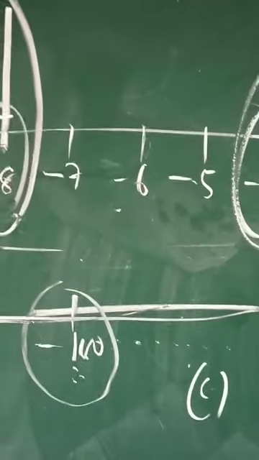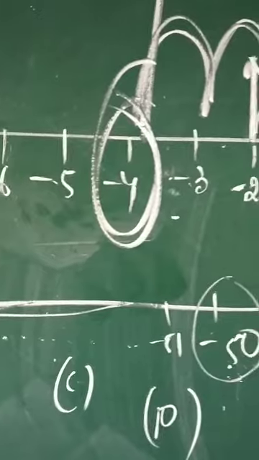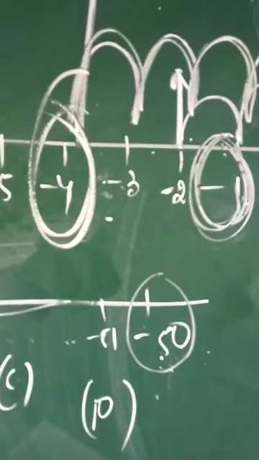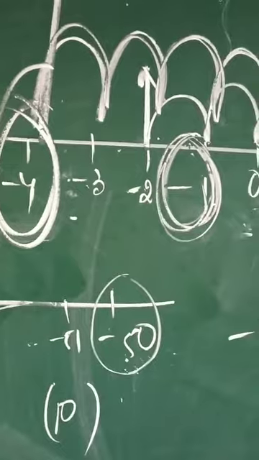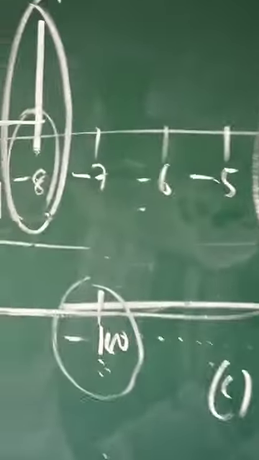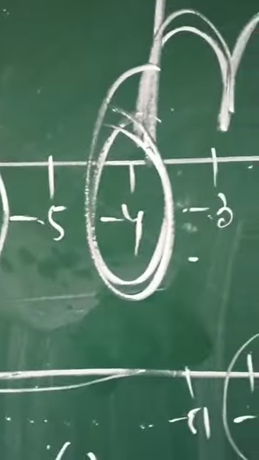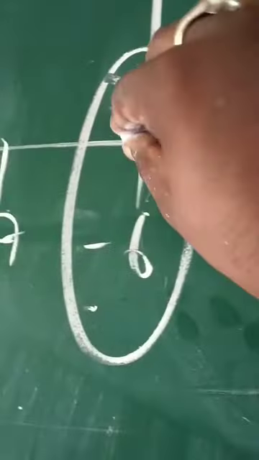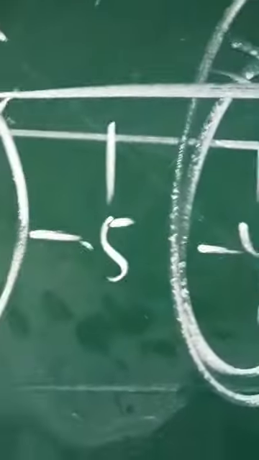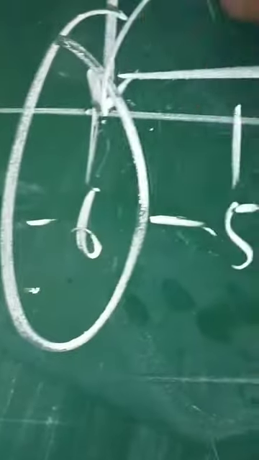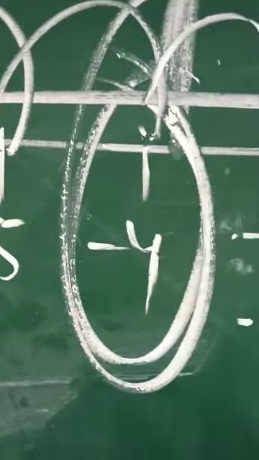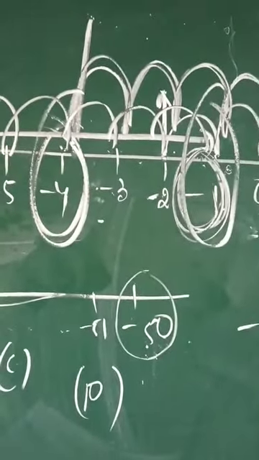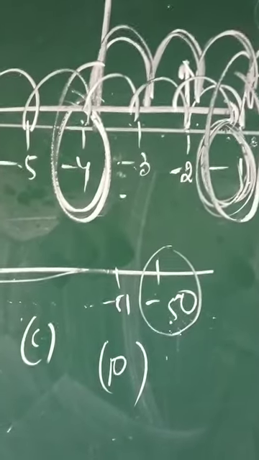The next one is, if we are at minus 6 on the number line, in which direction should we move to reach minus 1? So children, I'll be standing on minus 6 and I have to reach minus 1. Which direction should I make my moves? My move should be towards the left hand side. Sorry, slip of tongue, right hand side. 1, 2, 3, 4, 5. I'm standing on minus 1. So I'll be moving towards the right hand side in order to reach minus 1.